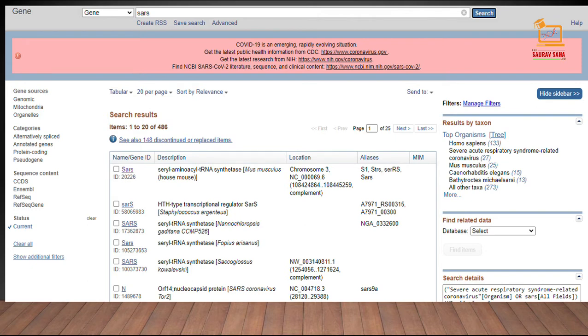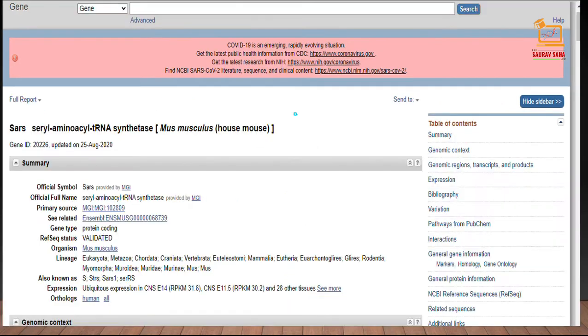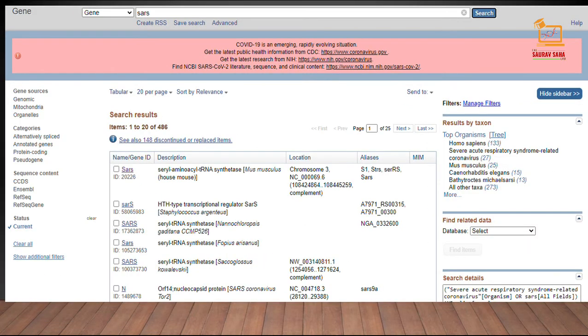The user can search for the gene they're interested in by typing it in the query box. When a search for a gene returns more than one result, they are displayed using the default tabular option. Each row of the tabular display includes the name of the gene, its ID, a snippet about it, the location on the chromosome, the unofficial name, and MIM. Search can also be defined by using gene source, category, location, and all the searches available in the advanced option as well as the taxon option.